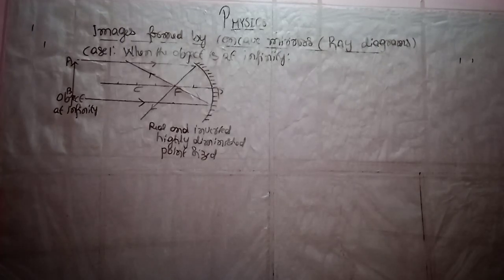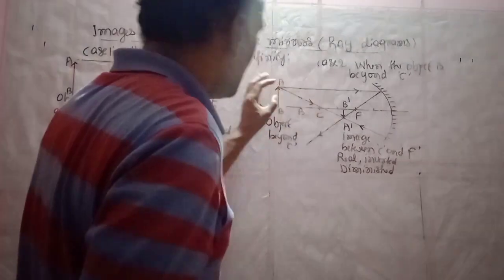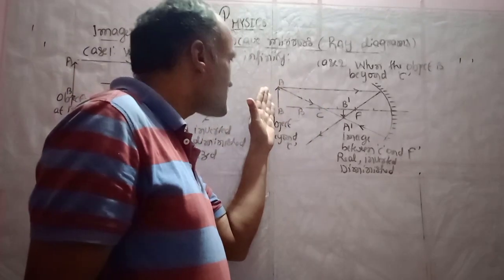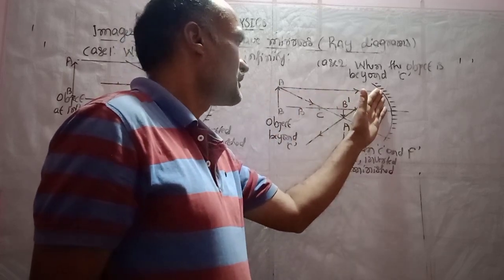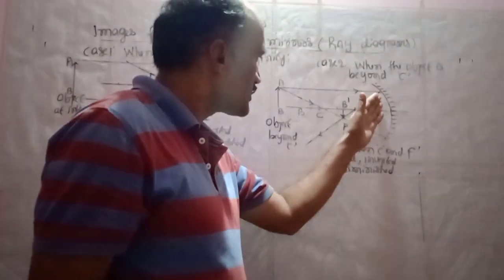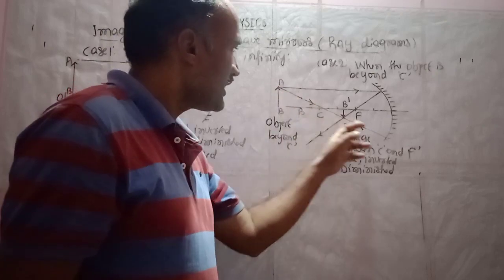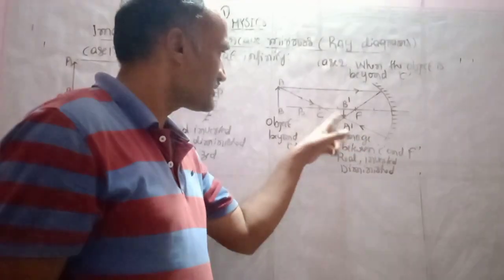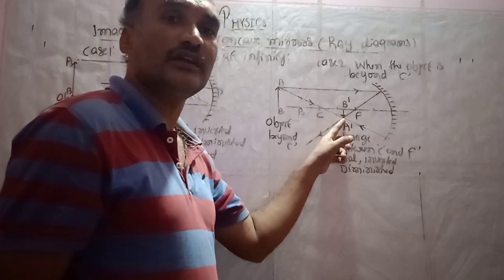So we will go for case number two. Let us go for the second case, dear student. When the object is kept behind C, you can take an object AB. When we keep this object behind C, a ray which is parallel to the principal axis, after reflection, has to pass through the principal focus, and one more ray passes through the center of curvature. After reflection it comes back on the same path, and both the rays will intersect. This ray will intersect here and this ray will intersect here. So here we can get our image.